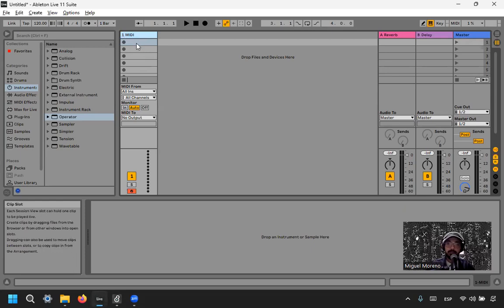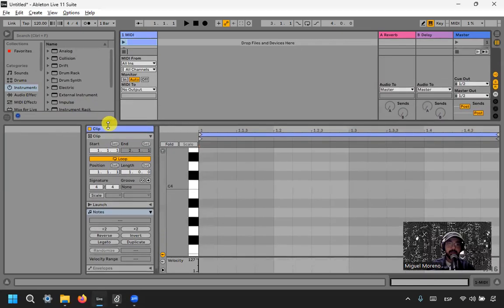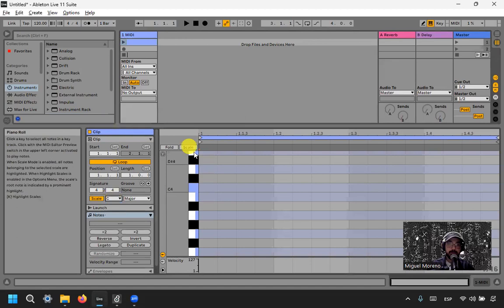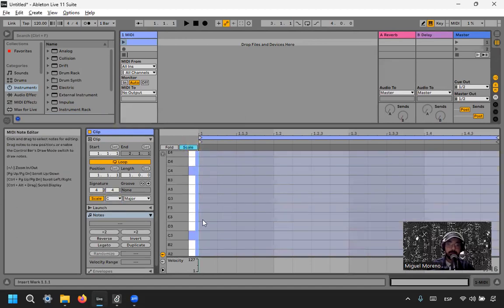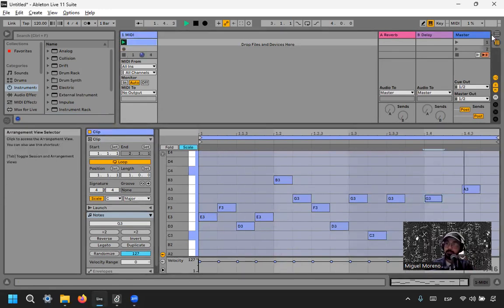Let's make a sequence. So double click here on the scene, right? And I'm going to make here like a C major scale or something, just so it sounds good. And double click here to make like a simple sequence, right? Anything will do, to be honest. Okay, and click play. Okay, awesome. Now go back to